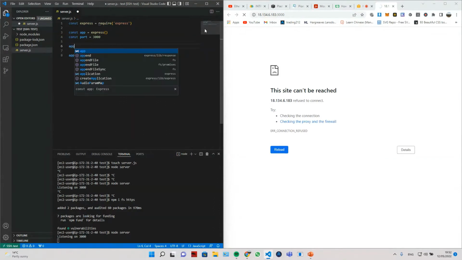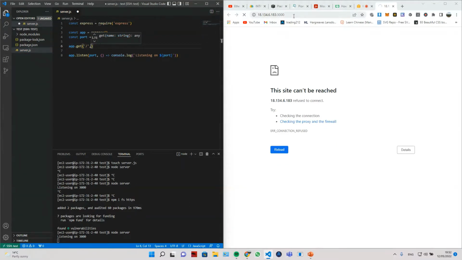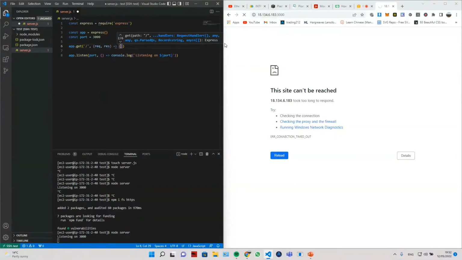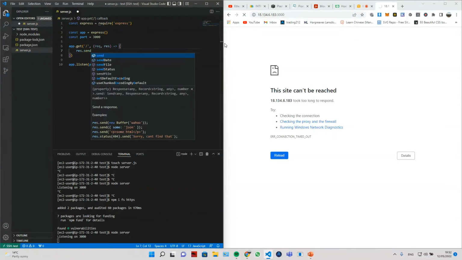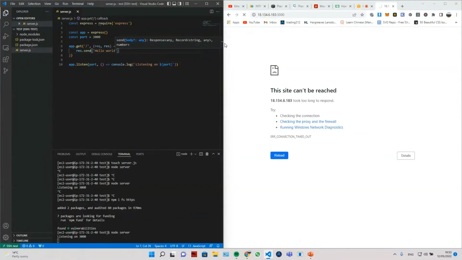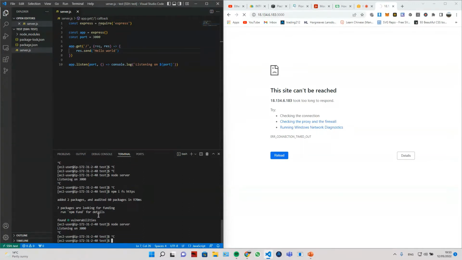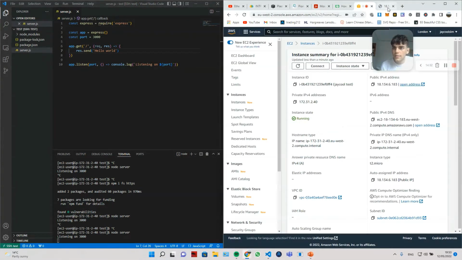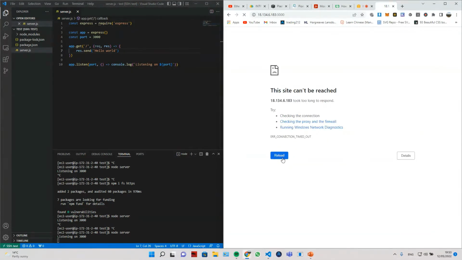So we're actually just going to set up a page where it just prints hello world. So it's going to be on the initial direction, on the initial slug, whatever you want to call it. And what's it going to do? It's going to take a request and it's going to send a response, and we're going to send hello world. So now if we restart this, right, if we go back onto this, now we're listening to,